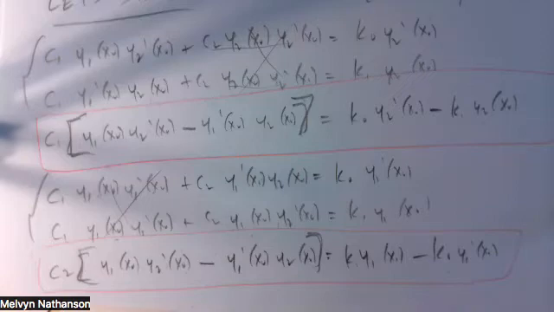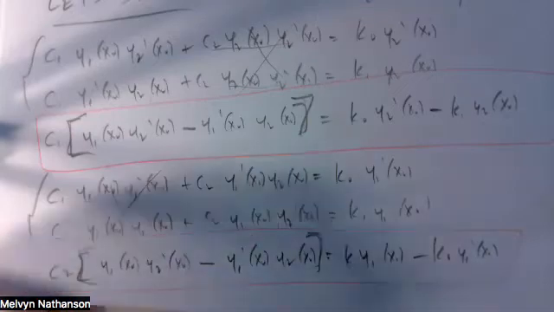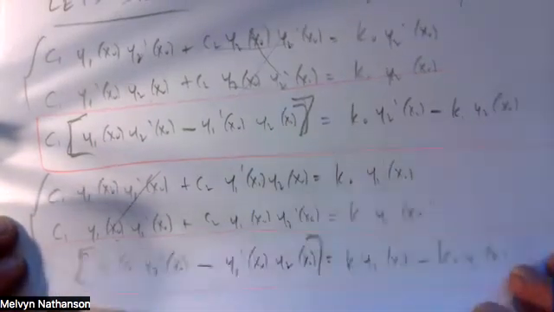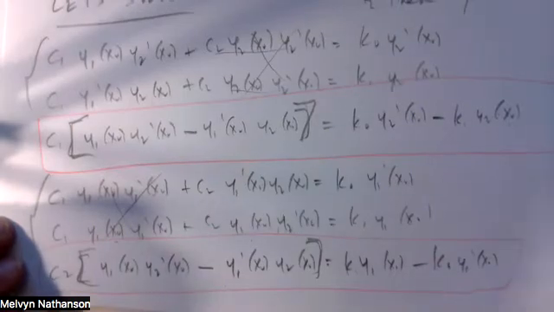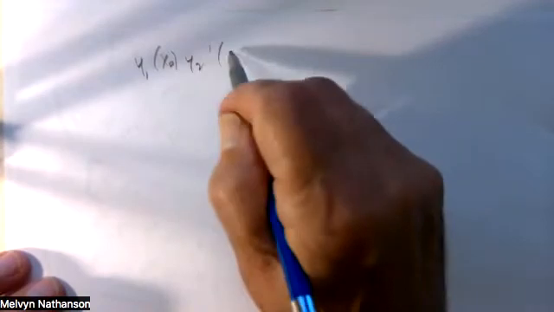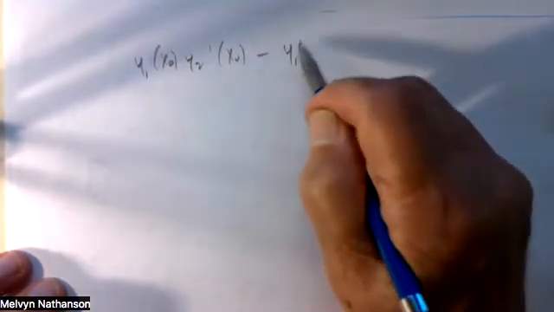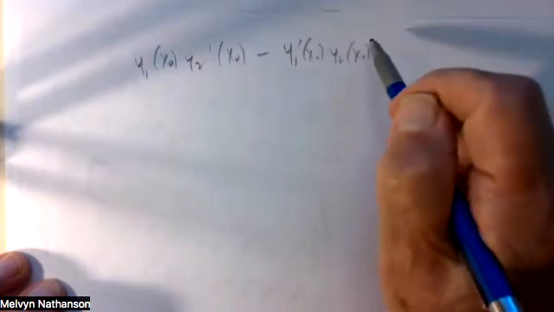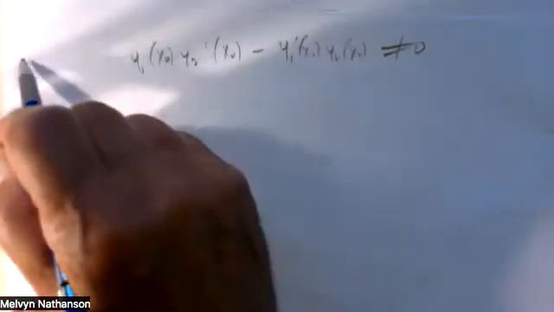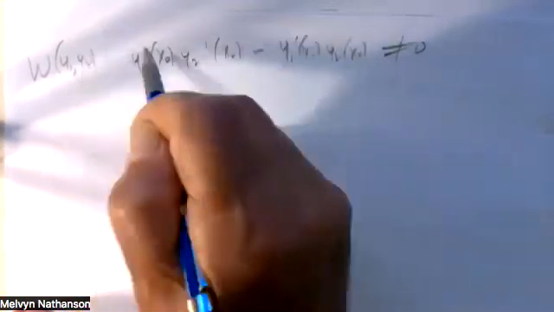So if y is not the 0 function, then the only way you can solve these equations is if this is non-zero. And this is exactly the Wronskian. So what I have in my square brackets, y1 of x naught, y2 prime of x naught minus y1 prime of x naught, y2 of x naught, that's this expression in the square brackets. That has to be different from 0, but this is exactly the Wronskian of y1 and y2 at x naught,